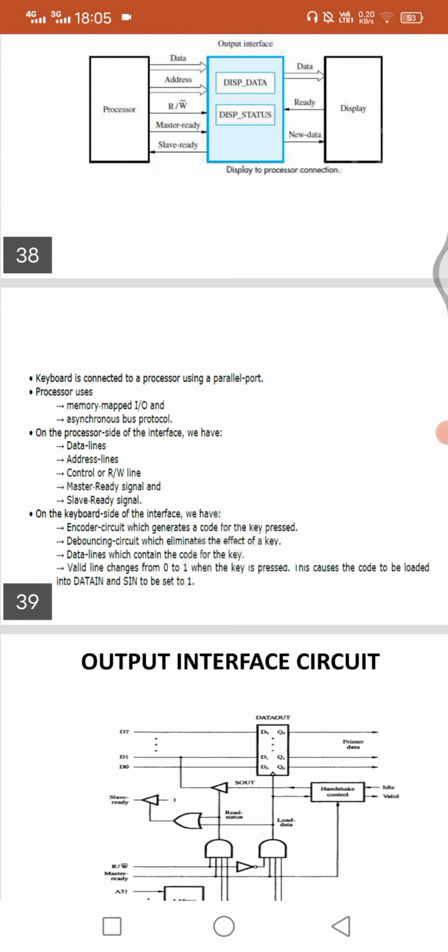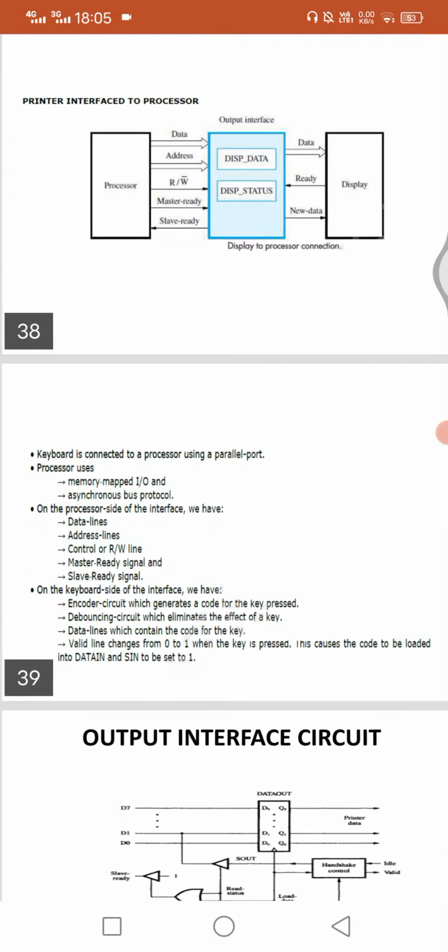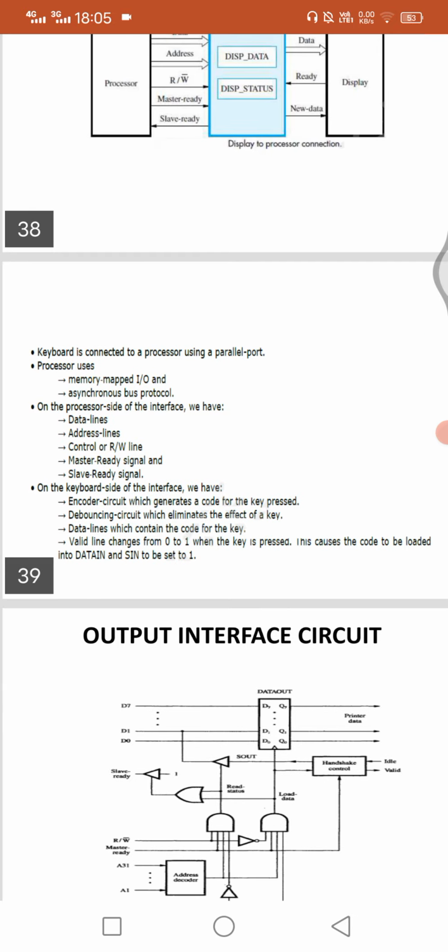Then a debouncing circuit which eliminates the effect of key bounce, then data lines which contain the code for the key, and next the valid line. The valid line changes from 0 to 1 when the key is pressed. This causes the code to be loaded into DATAIN and SIN to be set to 1.